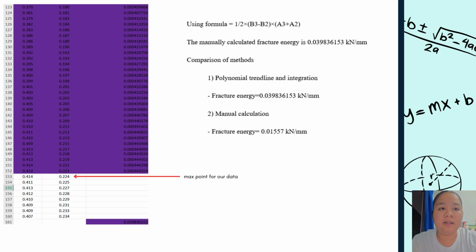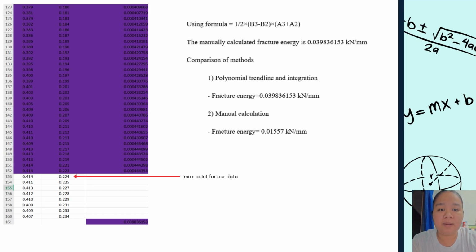So the calculated fracture energy is 0.039836153 kN per millimeter. So the comparison of methods, polynomial trend line and integration: the fracture energy equals 0.039836153 kilonewton per millimeter, and for the manual calculation, the fracture energy equals